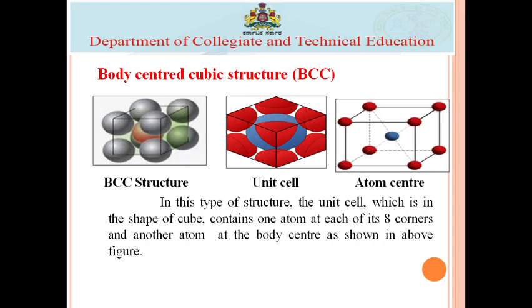As I told previously, most of the metals have the unit cell shape of cubes or hexagonal shape. See, in this BCC structure unit cell will be in the shape of cube. See, this is the cube structure, and here is how the atoms are arranged. See, one atom at each of its 8 corners. See, this cube has 8 corners, one atom present at each corner and another atom at the